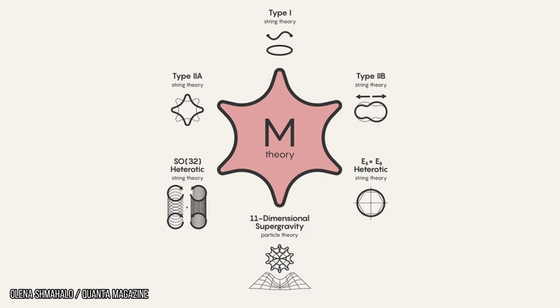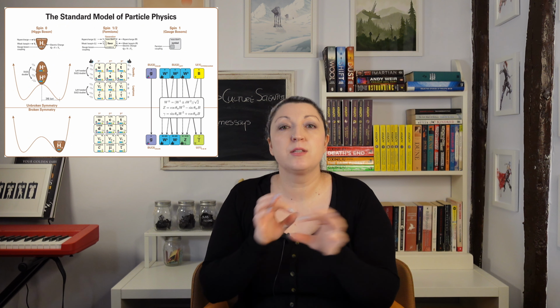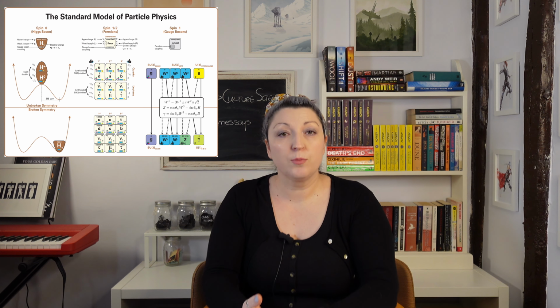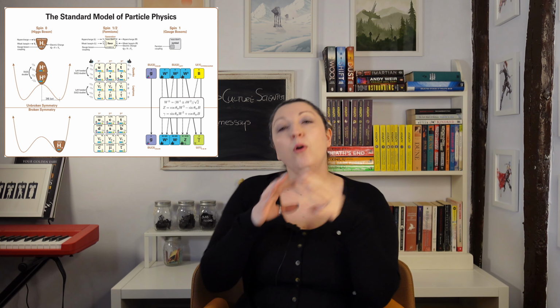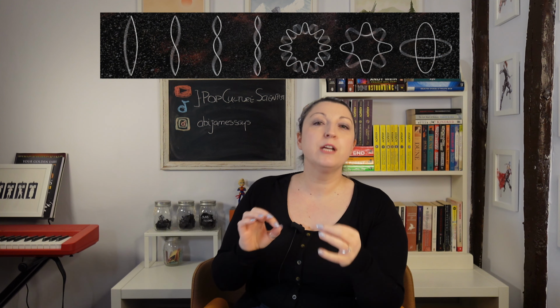Now, a thing about string theory here is that it's not just one idea, it's a collection of ideas that describes our universe being made up of strings instead of what we call particles. Now, this wouldn't mean that the Standard Model is wrong, like I said, it just adds to it. So our current understanding and evidence shows the smallest objects to be subatomic particles like quarks and electrons. The suggestion with string theory here is that all of these particles are actually made up of the vibration states